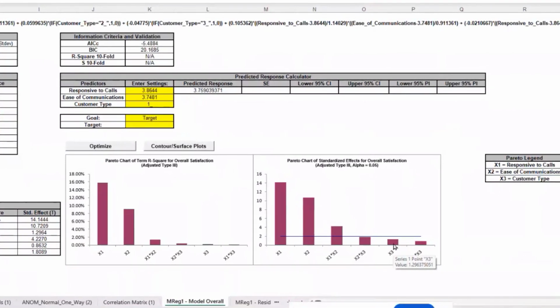Now, this of course is a pretty straightforward thing, and this is the equation that's used. Notice that these are if statements to handle the categorical customer type. So if I just change this to customer type 2, that changes my predicted response, and I have my confidence interval and my prediction interval. But I can specify, I'd like to say what settings will maximize my satisfaction. I run optimize, and I click yes, and no surprise, maximum responsive to calls, maximum ease of communications is what gives me my maximum